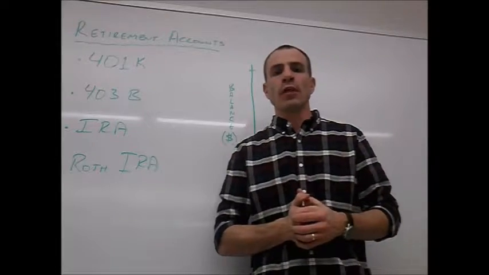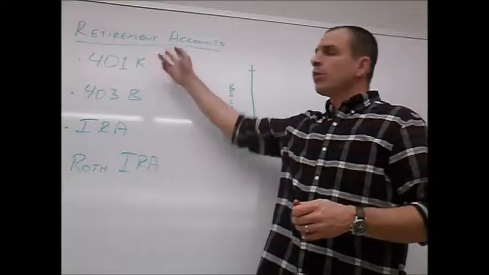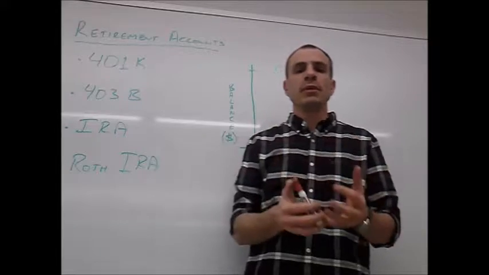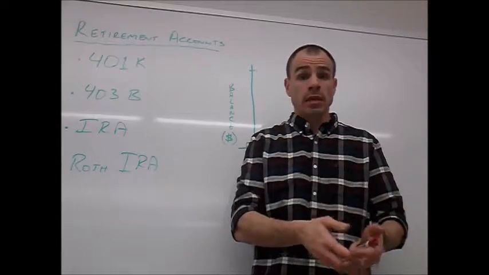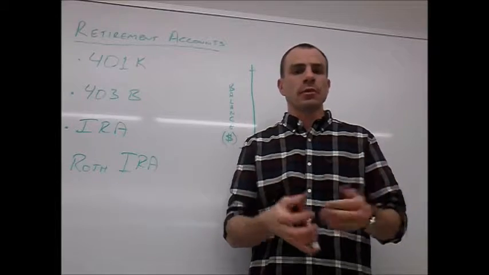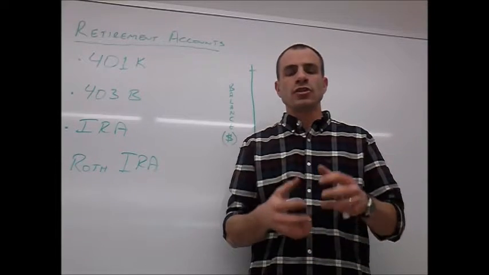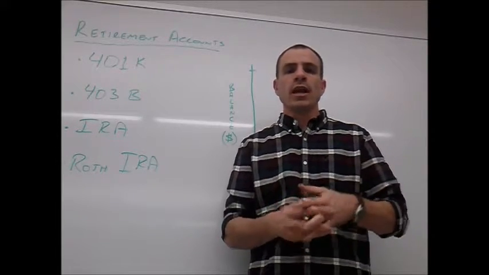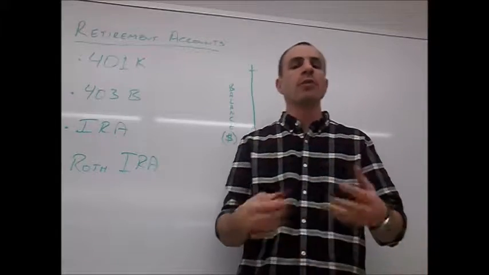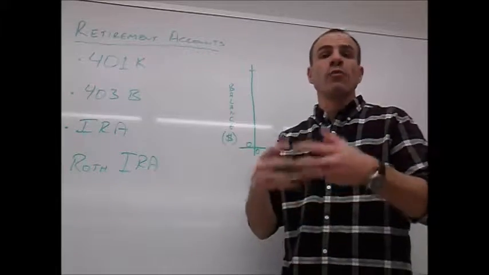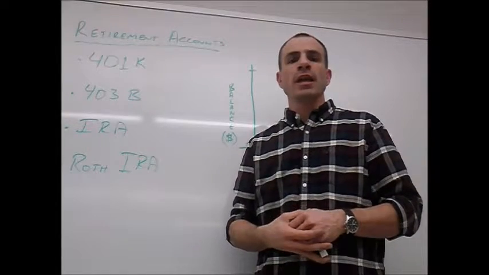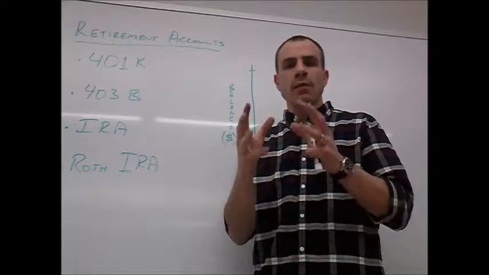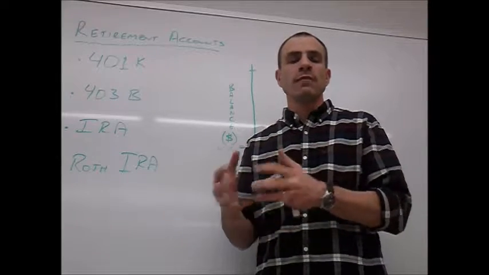Okay, picking up from where the last video left off, now we're looking at retirement accounts. Retirement accounts are specific accounts that you set up through your bank or through an investment firm, in which you are putting away money every paycheck or every month or every week, so on a regular basis. You have to put in a minimum amount each year. And the idea is that that money is then going to be invested.